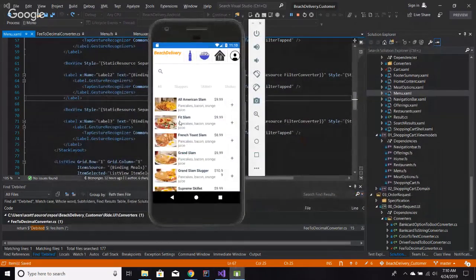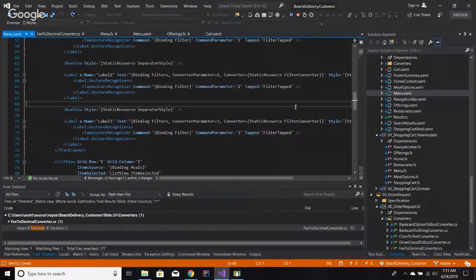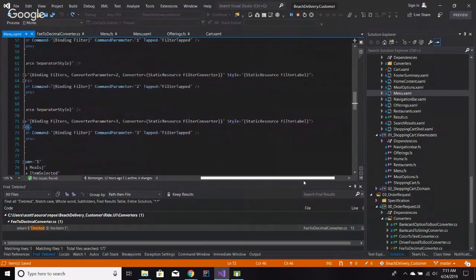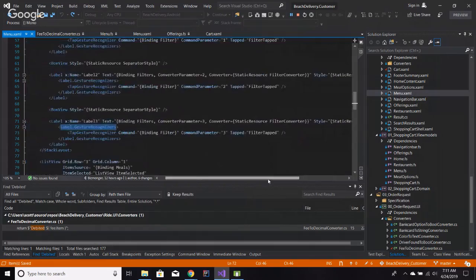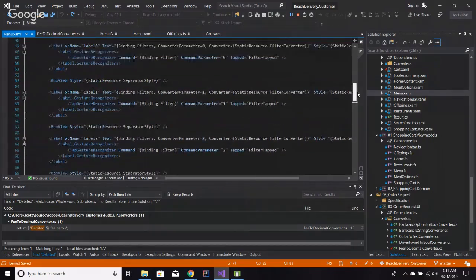Okay. But I still need to wire this up. So sluggers should filter to sluggers, skillets should filter to skillets, shakes should filter to shakes. And so to accomplish that, all this is pretty abstract. So to accomplish that, my converter parameter is passing in an index, right? All this is pretty arbitrary. So